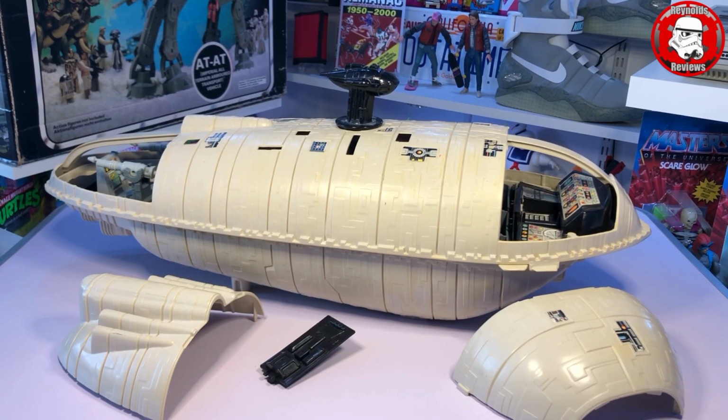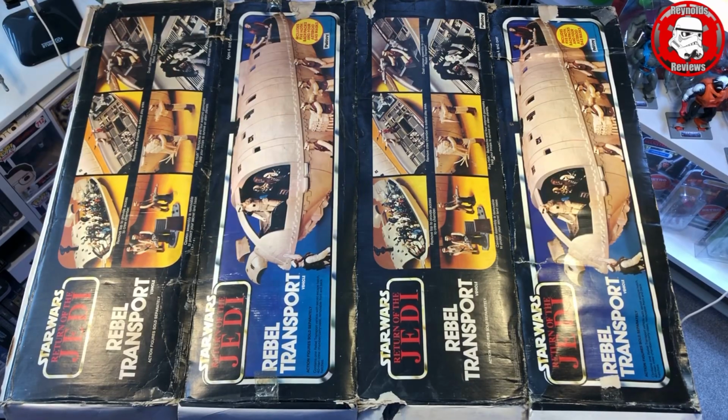So I needed a box for the Rebel Transport. Now, because of the cost of living, etc., I'm on an even more modest budget than usual, but I did manage to pick this up. Let's go take a look. Okay, so